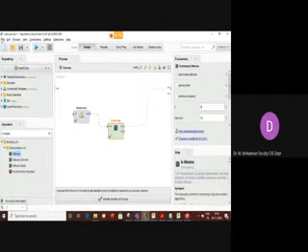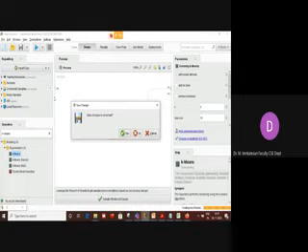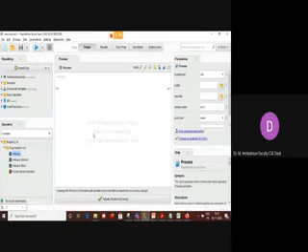Now I will open a new process file. It's blank. Please note down the steps. You have discussed supervised learning and unsupervised learning.